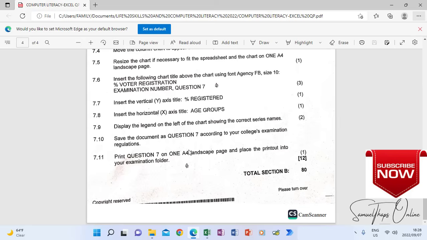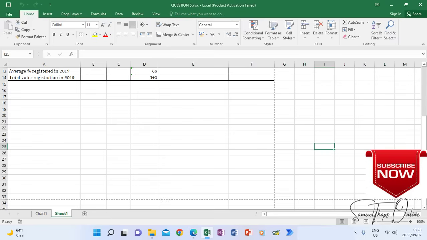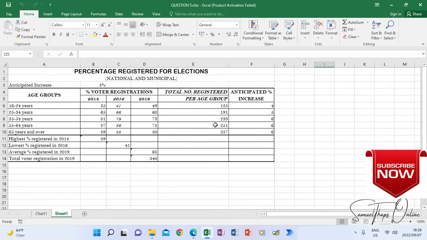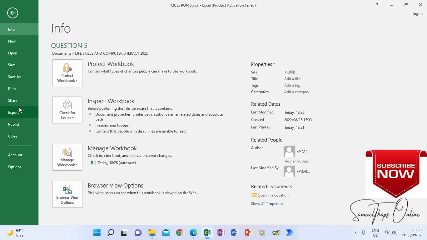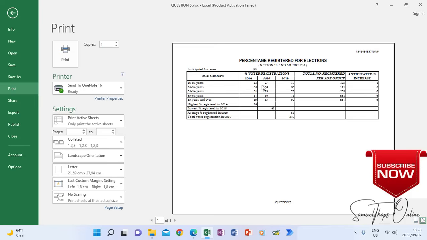graph. So on your spreadsheet, again, just to emphasize some of the things that you need to know for the preparation of the exam, when you are printing your spreadsheet with your answers, they might say print with row and column headings. So let me show you. If I go and click print here now, you see here I don't have row and column headings. Row and column headings are the A, B, C, D and 1, 2, 3, 4, which are appearing here when